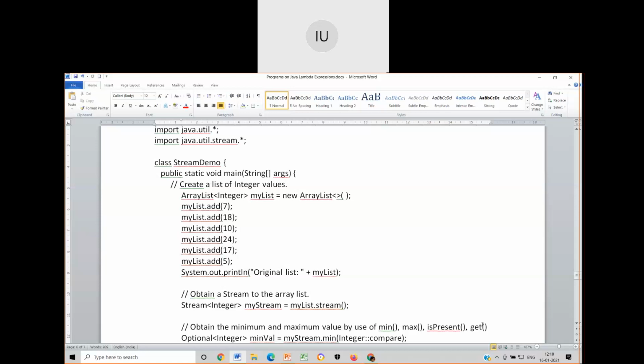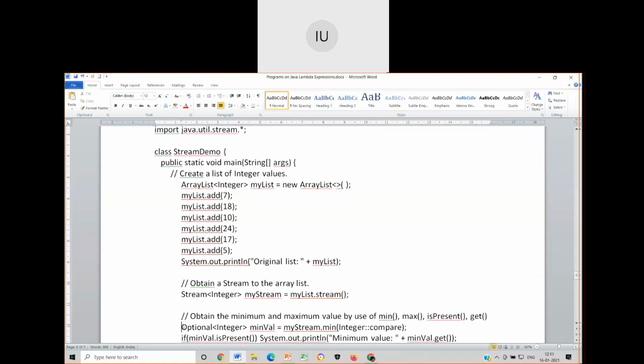Now, for doing any of these operations, I require a separate stream creation, because I want to keep the original stream intact. For every operation that you are doing, apply a separate stream. How can I do that? Whenever you want to create an additional stream, or a stream which has a lesser lifetime, that kind of stream creation is done by what is called the Optional class.